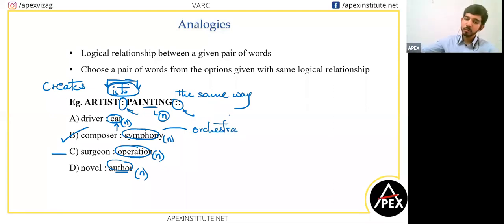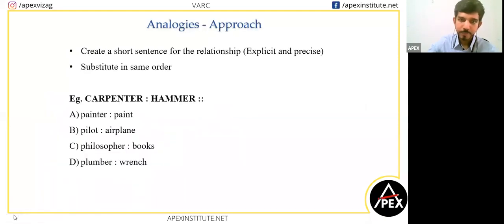Right? So when you have one person on violin, one person on guitar, one person on piano, one person on flute, or many. So it's a group of musicians all creating very nice sounding music together. That is called a symphony. So a composer creates a symphony. The composer is the writer of the song, which the musicians are going to play. Okay. So the key here was to spot this relationship and to choose the relationship between any of the other options. Okay, let's do another one quickly.